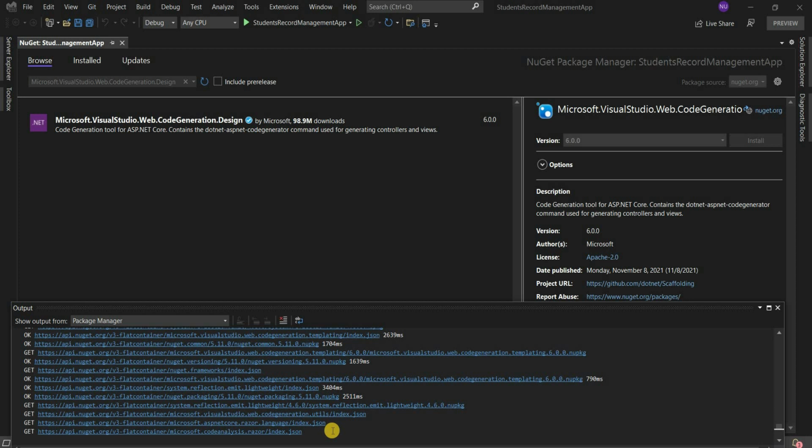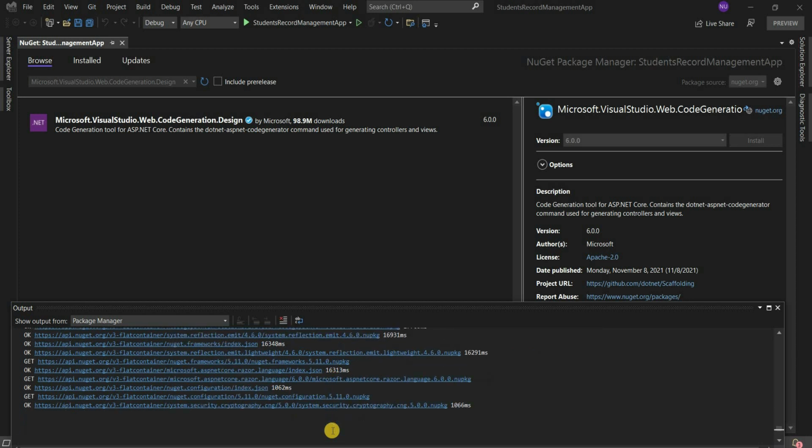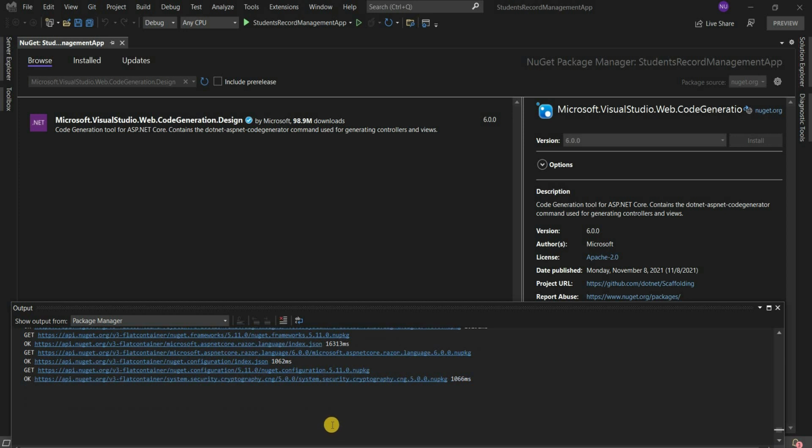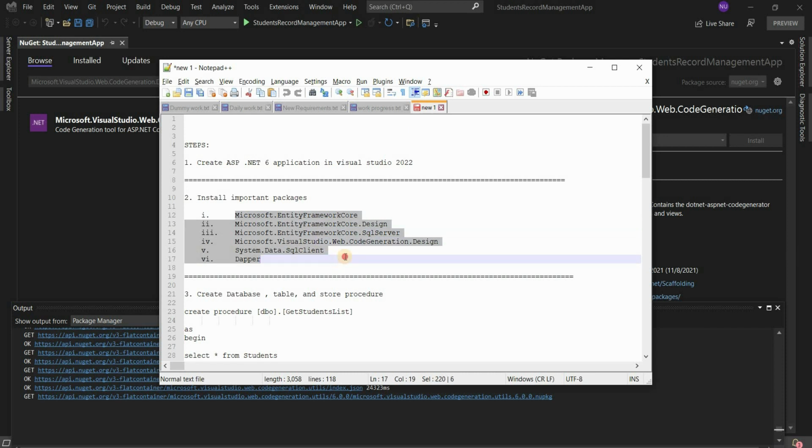Hurry up, install soon. I'm installing all these packages because without installing these kinds of packages, I think it will be impossible to do